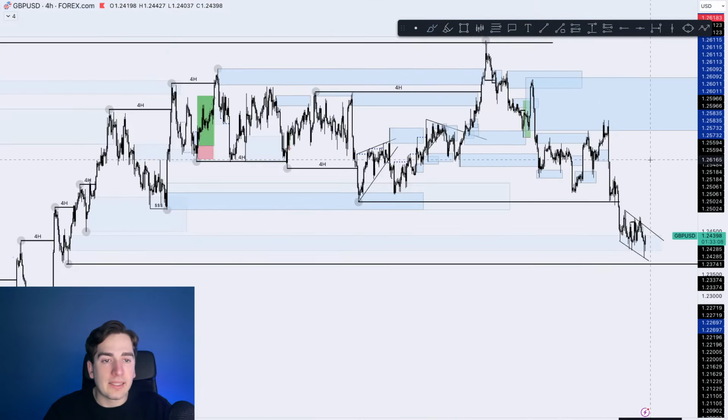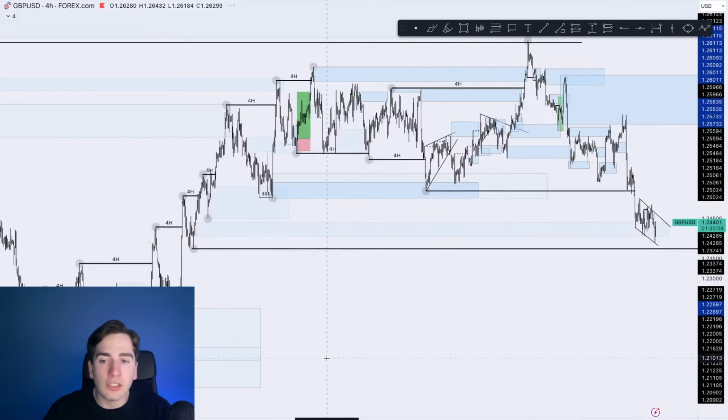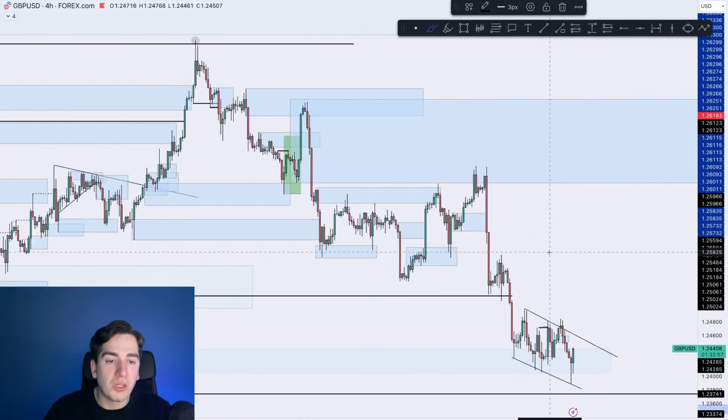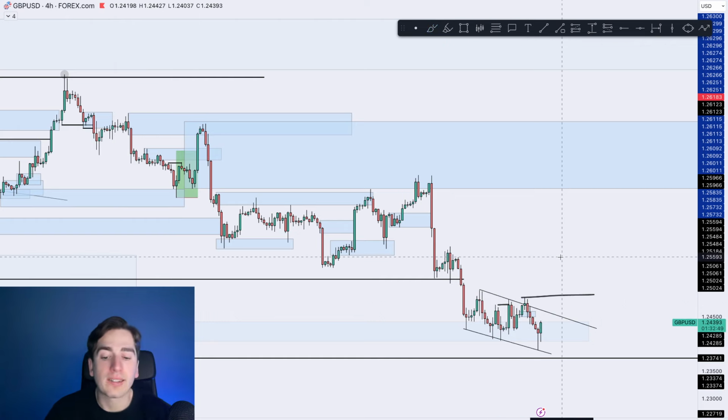So that is that in regards to pound dollar, but just keep in mind this descending corrective price action. It's not extremely bearish, but at the same time, we still have this low over here open. Maybe we could even swipe that low before really seeing a reversal back towards the highs. It all just depends on structure and if we respect that overall 4-hour fractal high.